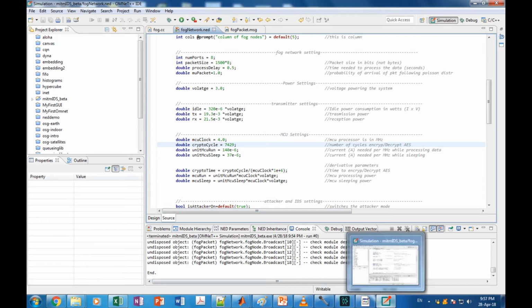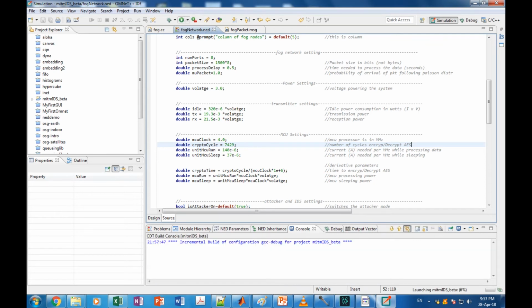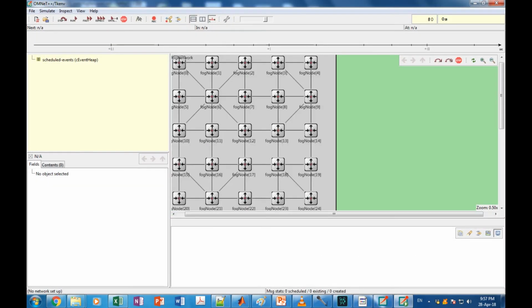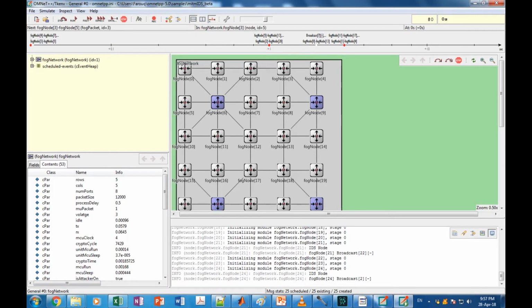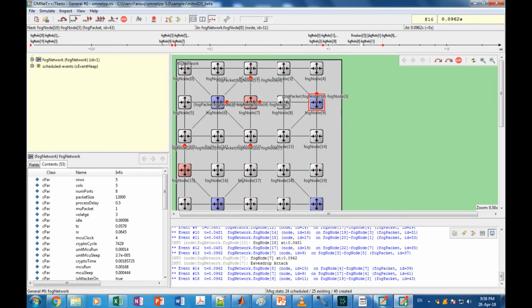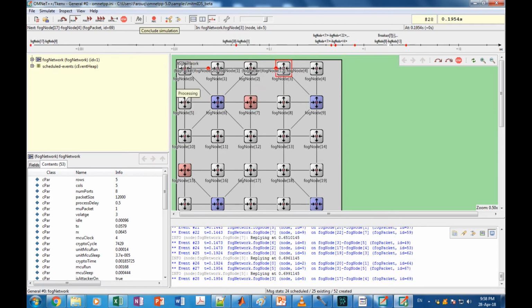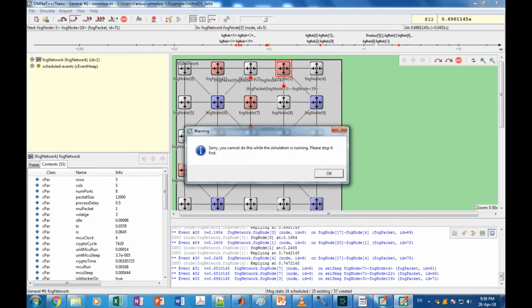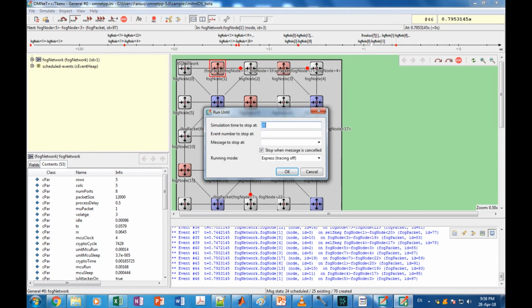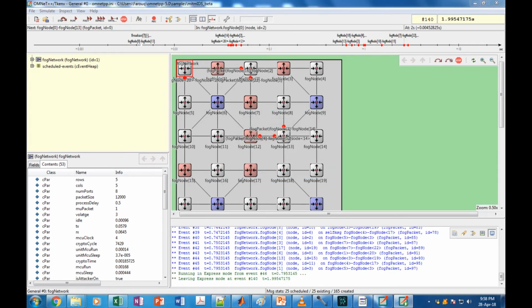So we can run this and see. Now the system is good to go, and you can start running it. We can speed it up to 2 seconds. As you can see, attacks have already shown themselves, and as you go,